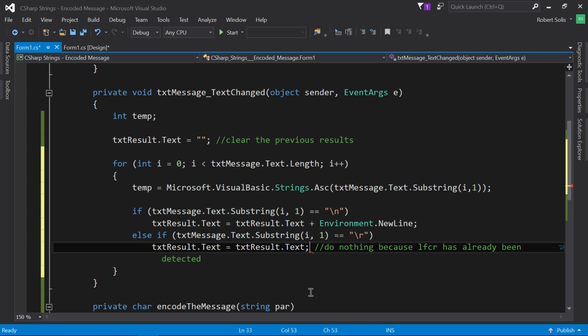Oh, I forgot to put a semicolon over there. I'm just basically setting txtResult to txtResult. I don't have to do anything. So then, hey, why do this if nothing is happening? All right, so imagine that you have a tube from your